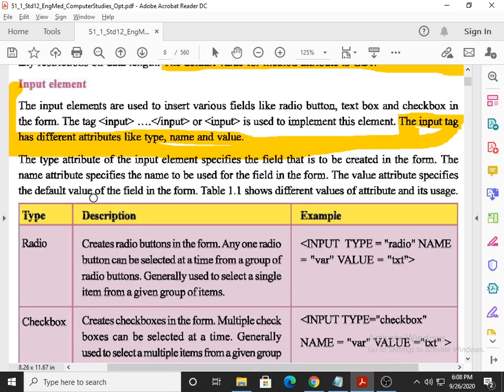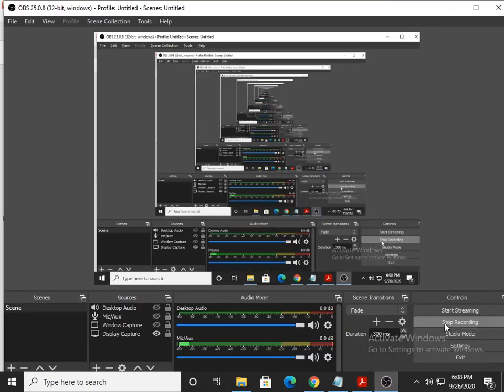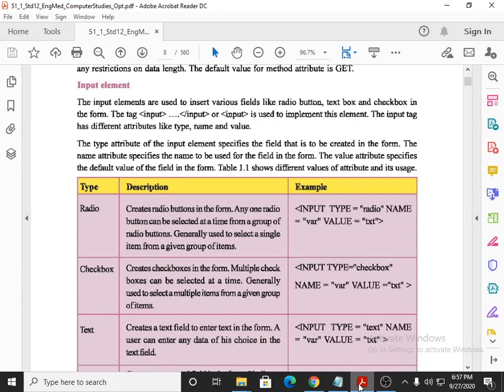Next is table 1.1, which shows different values of the attribute and their usage, which we have to discuss now. So now we go to this table. In this table, it shows different values of the type attribute. Type is equal to radio, type is equal to checkbox.